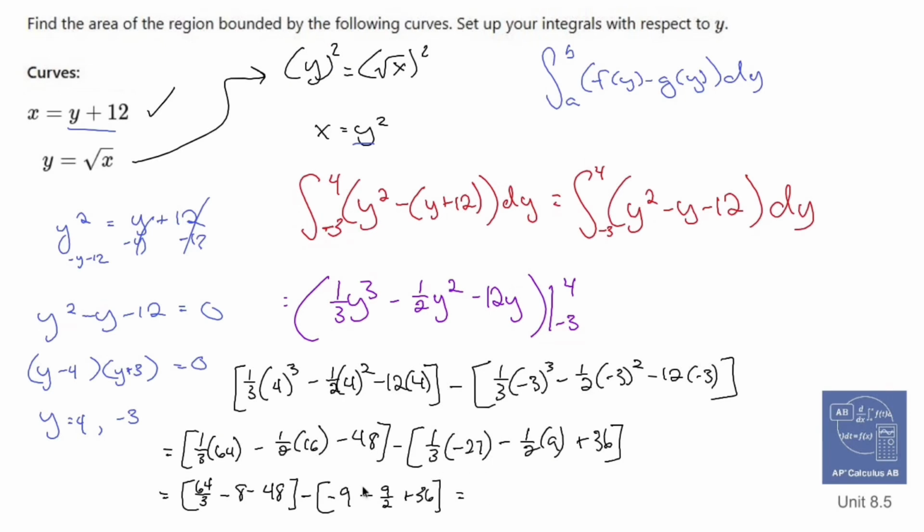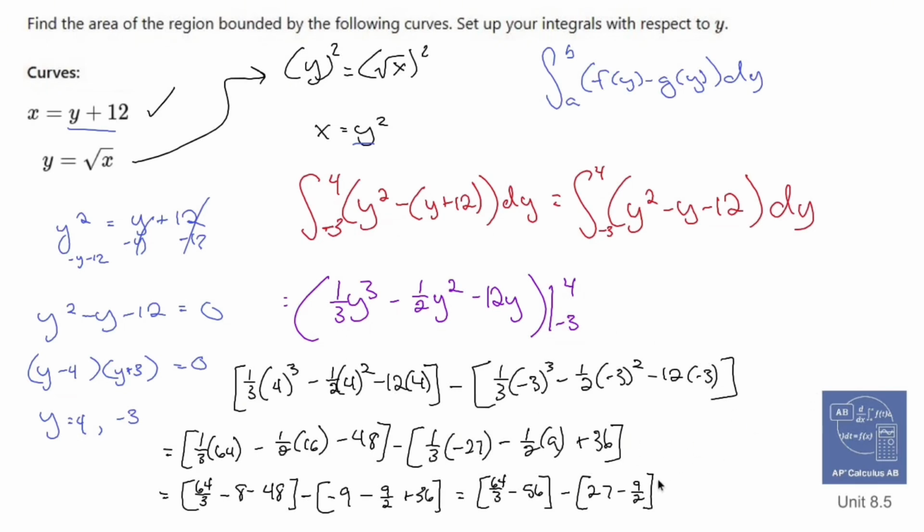So let's just keep going. We've got 64 over 3 minus 56 minus negative 9, that's 27, minus 9 over 2. So